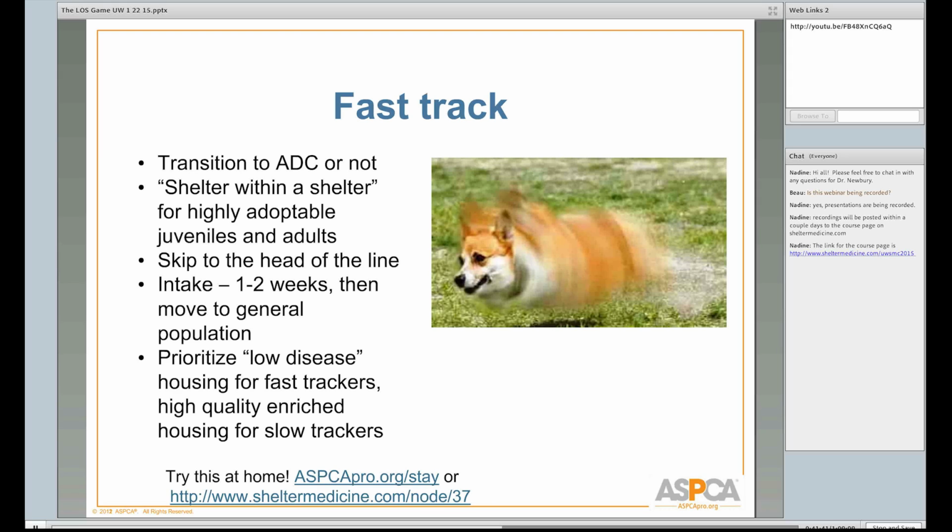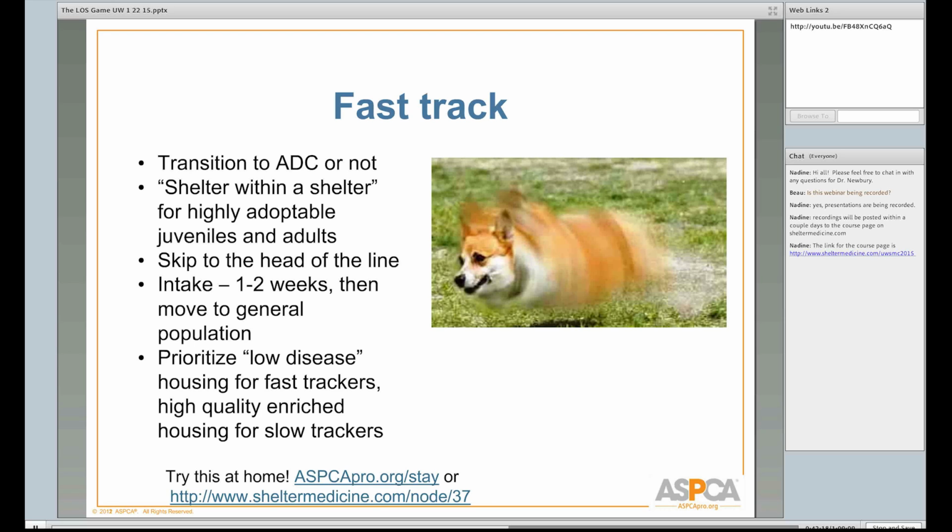If we don't prioritize them, you can end up with a lot of slow track animals up for adoption and all these fast trackers waiting to go. And while they're waiting, they lose their fast track ability, right? They get sick, they get frustrated, they develop poor behavior, all those kinds of things. And so what we found is by splitting that with fast track, slow track, we can really maximize our life-saving potential by letting those animals go through. And sometimes what they end up needing is just a very small, the way I think of it is like lanes on the highway.